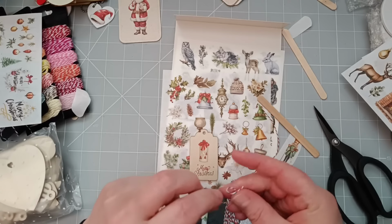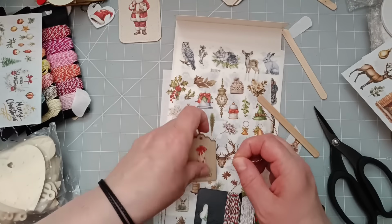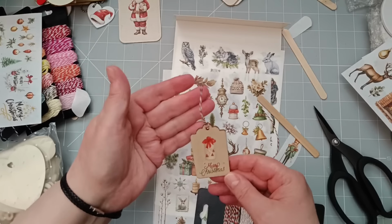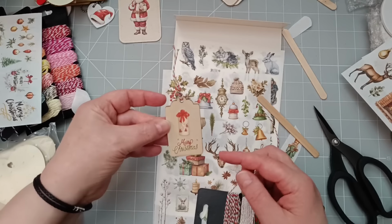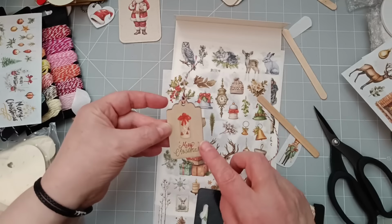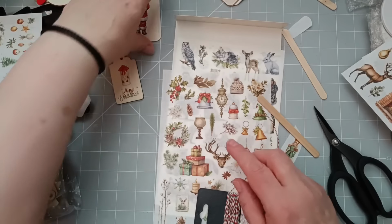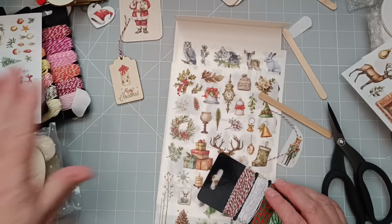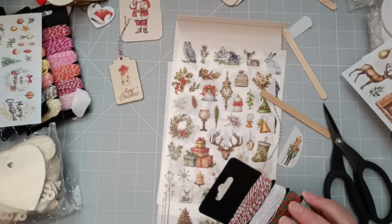I do like something that can double up as a gift and then a decoration at Christmas. That kind of thing that you keep and treasure for years, aren't they? Right, there we go. That's pretty. You don't have to be too artistic to manage that. If you then want to go in and decorate it, maybe add a little bit of glitter, you can. But for now, that's all we're doing. So that's the second one. We've done paper tags and we've done wooden tags. Now another thing I wanted to try is